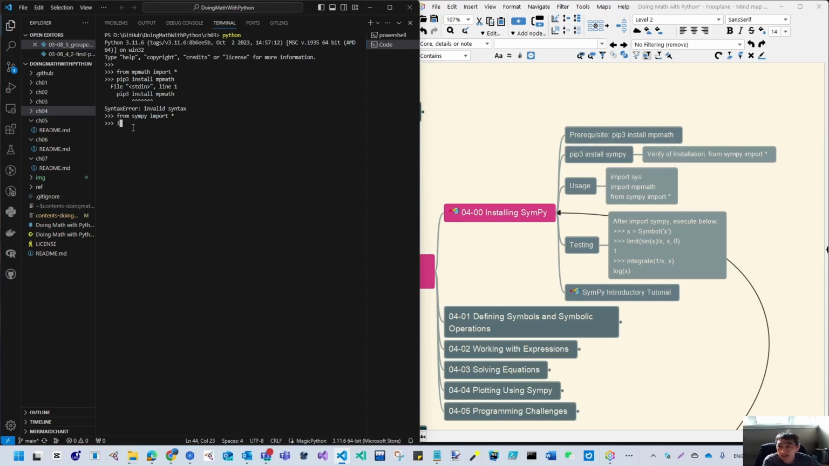So let's see. I also import sys. Then what I can do is, let's say x equal to symbol x, and then the limit of sin x divided by x at 0. It gives you 1, that's one test, and another test is integrate 1 divided by x, then it shows you the log. So let's see